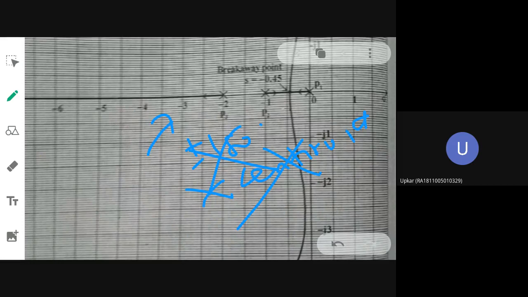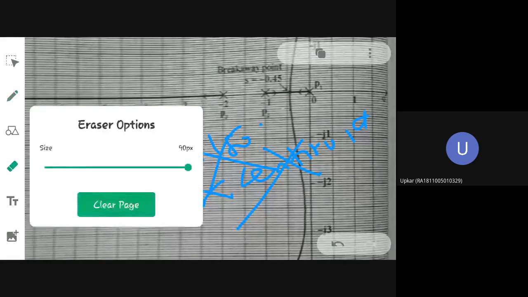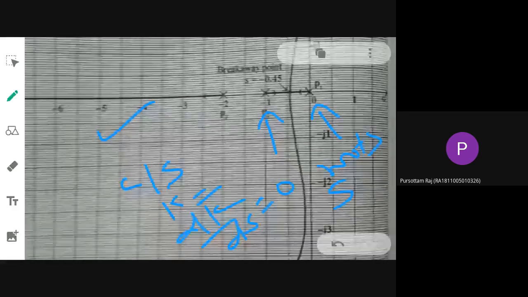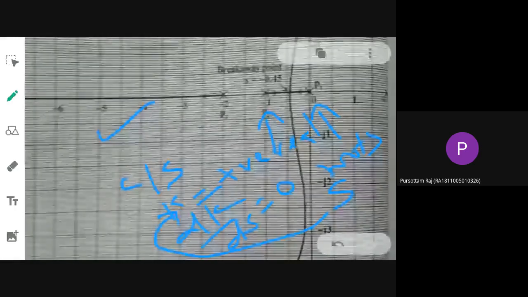Now where the branches will break away, you need to know. That procedure you know, no? How to find the breakaway? You need to find the characteristic equation, find k from it, differentiate k with respect to s, equate it to 0, find the roots, and substitute those roots in the formula for k. If it is positive real, that will form a breakaway. If it is negative real, it will not form a breakaway. Like that you solve and tell me what is the breakaway point.